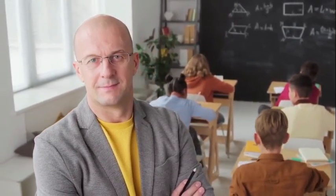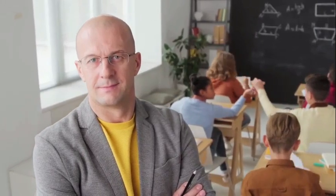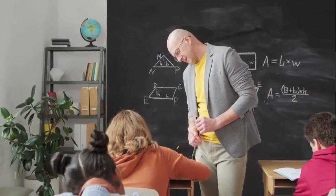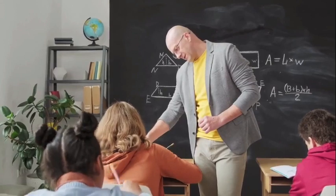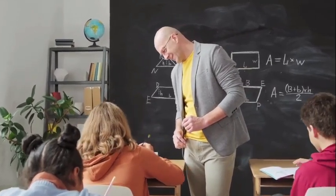There you have it, fellow educators. By following these steps and gathering the necessary documents, you'll be well on your way to securing a well-paid teaching job in New Zealand. Remember, it's crucial to take your time, read everything carefully, and consult